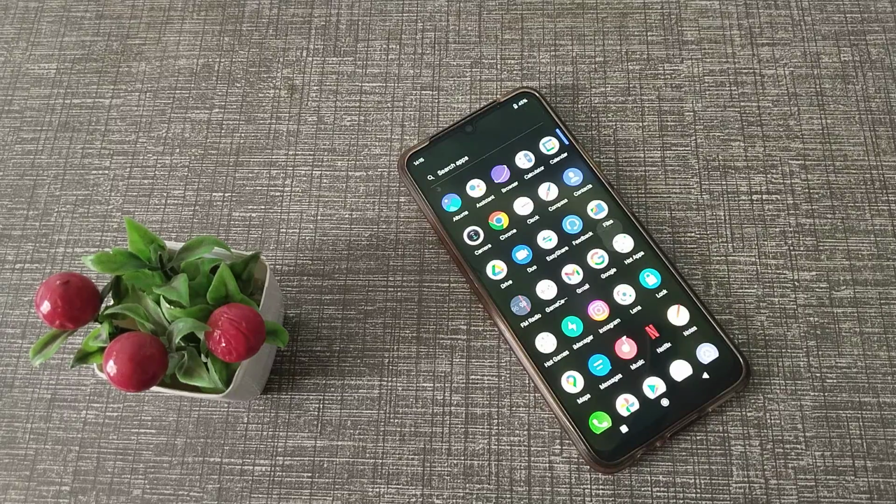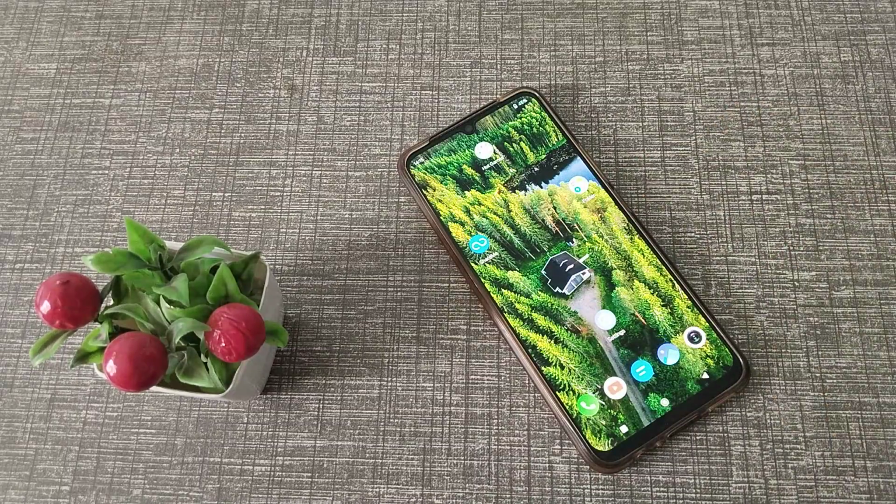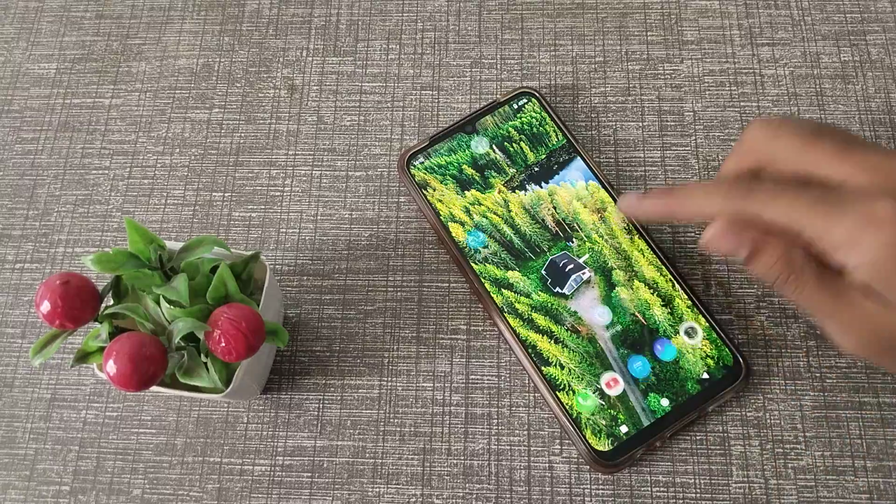Today we are going to talk about how to turn on the mono audio setting in a Vivo phone. Guys, if you want to turn on the mono audio setting in your Vivo phone, you can. In this video I will show you how to turn it on. So let's start the video. First of all, open your phone settings,